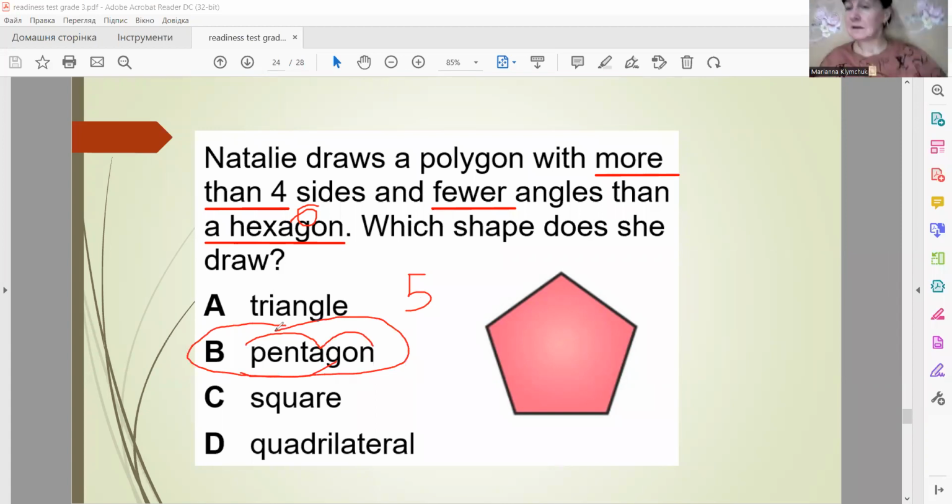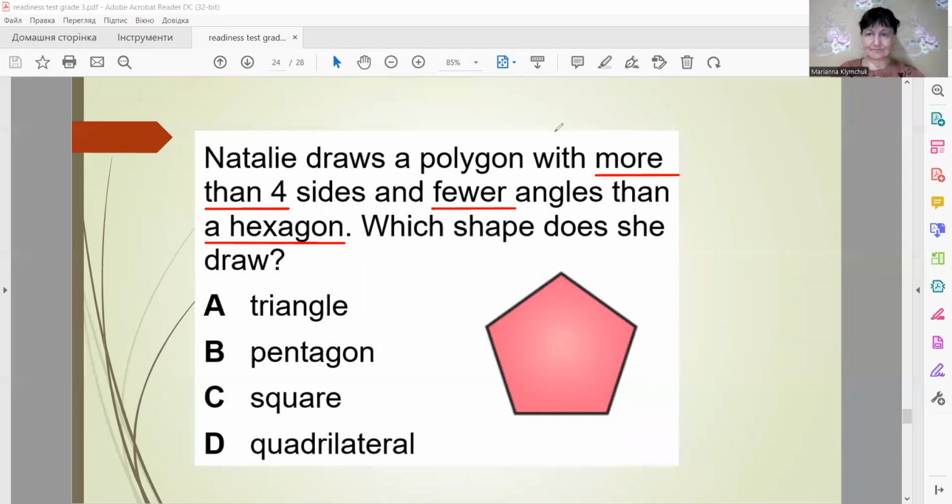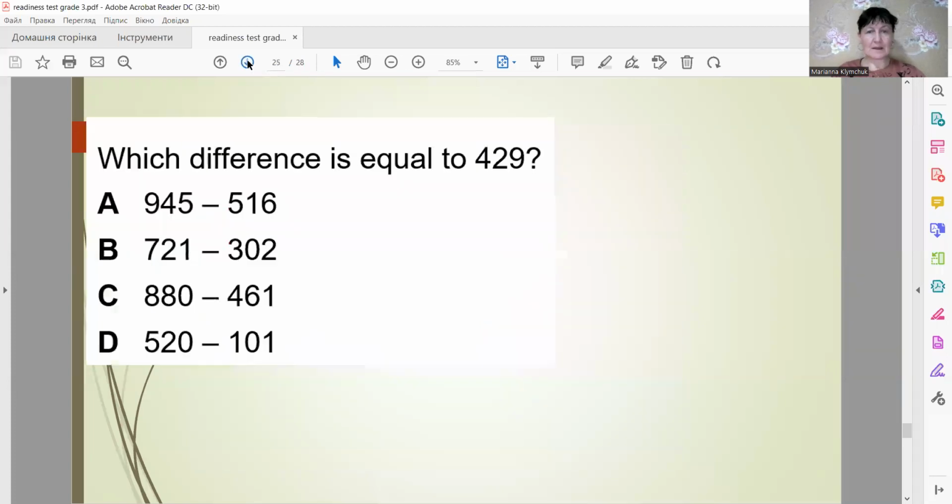Okay, this task can show me your knowledge, what you really remember. This is tricky, but when you learn it, okay. Which difference is equal to 429? Here the task is simple. You just need to do your subtraction. Show me how you can subtract and find out which one is 429. Here we have 445 minus